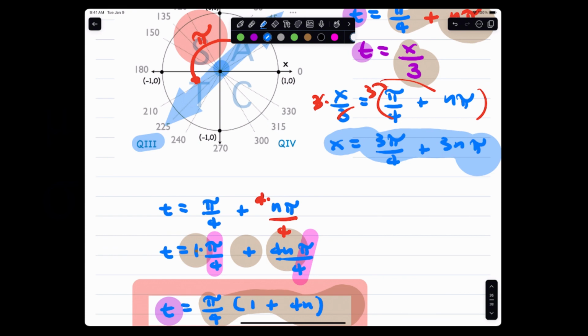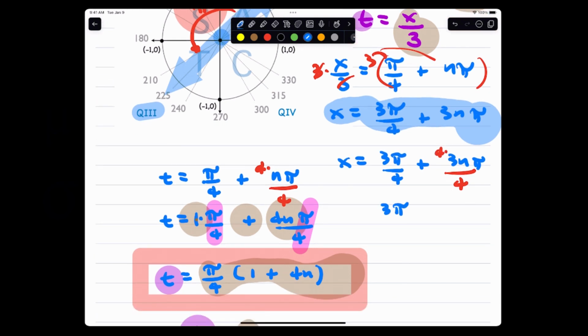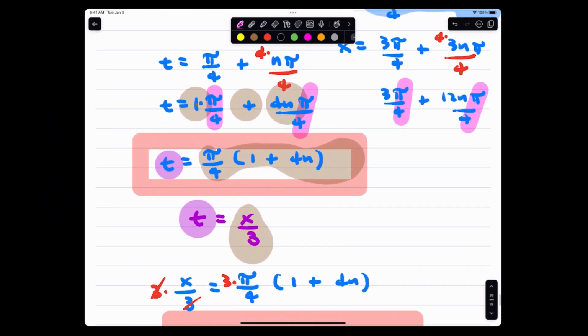Now, you can even still do the sequential form here. It's equivalent. I was doing that in my head, even when you said, what if at this point I did sequential form? Well, you can. Let me do this. Meaning you multiply the bottom and top by 4. You'll get that 3 pi over 4 here plus 12n pi over 4. And this is going to be equivalent. So you go, okay, pi over 4, I'm going to do the thing that we've been doing. So you get your pi over 4 again, 3 plus 12n. You go, but Mr. Judge, that does not